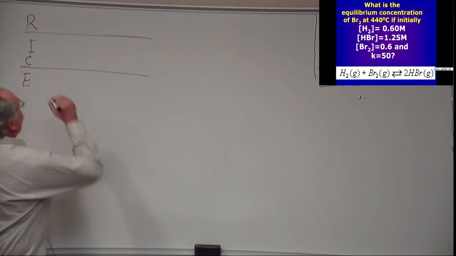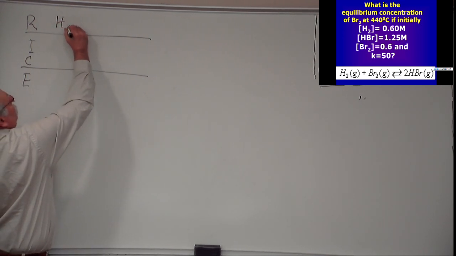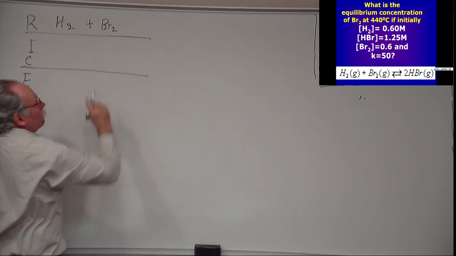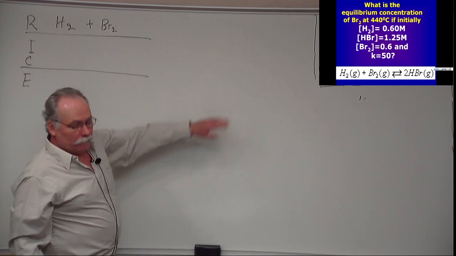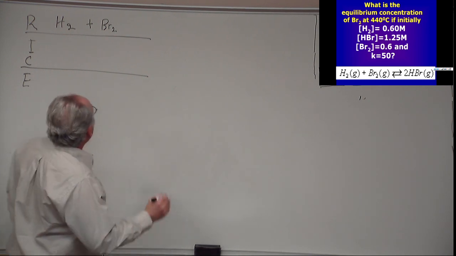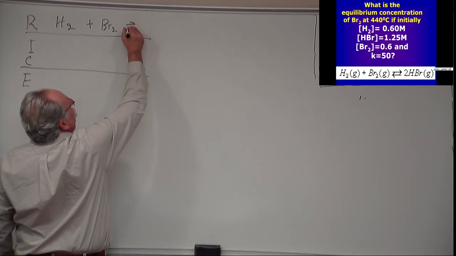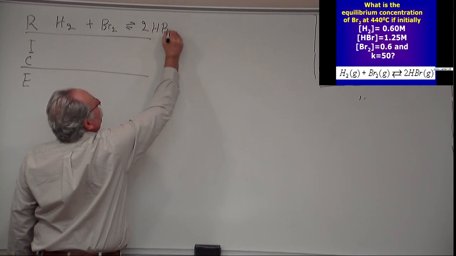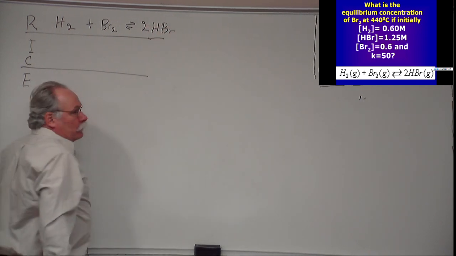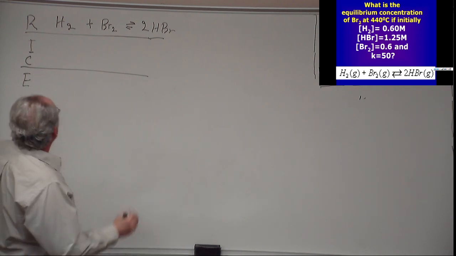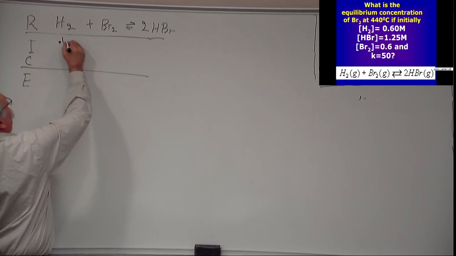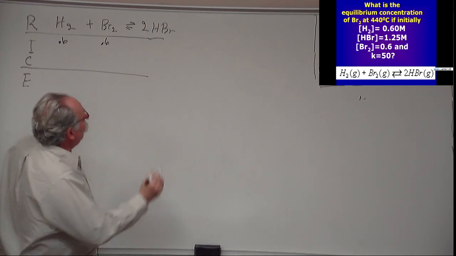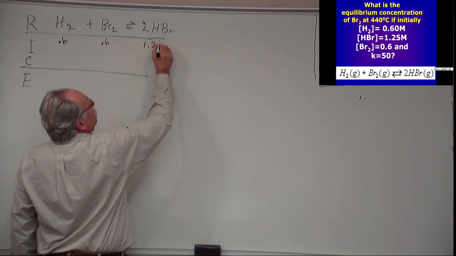Okay, so what is our reaction? Our reaction is H2 + Br2, and everything's in the gas phase, so I'm going to ignore the phases up here. But remember, in the equilibrium constant expression, you don't include solids or pure liquids. And now I have 2 HBr, okay? And what are we given? We're given the initial concentrations, 0.6 molar of this, 0.6 molar of this, and 1.25 molar of this, and we